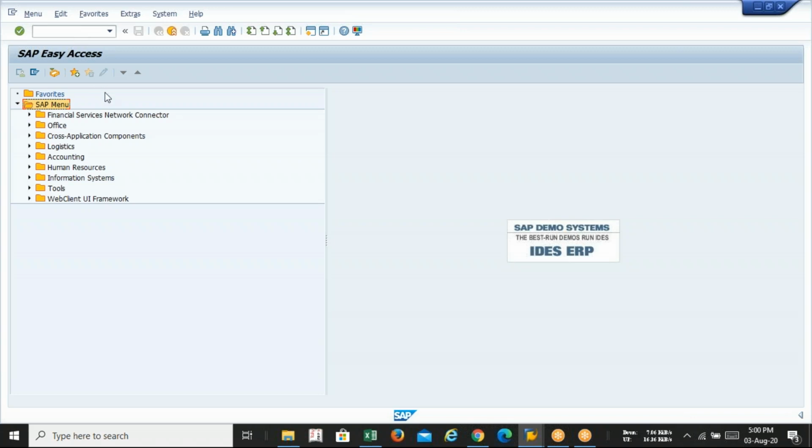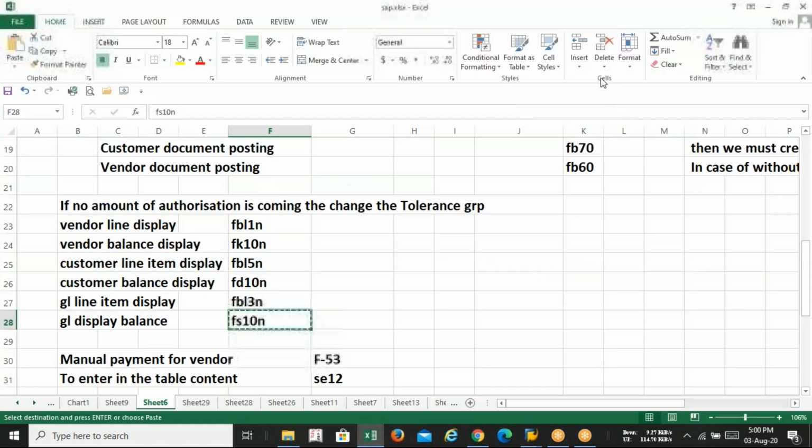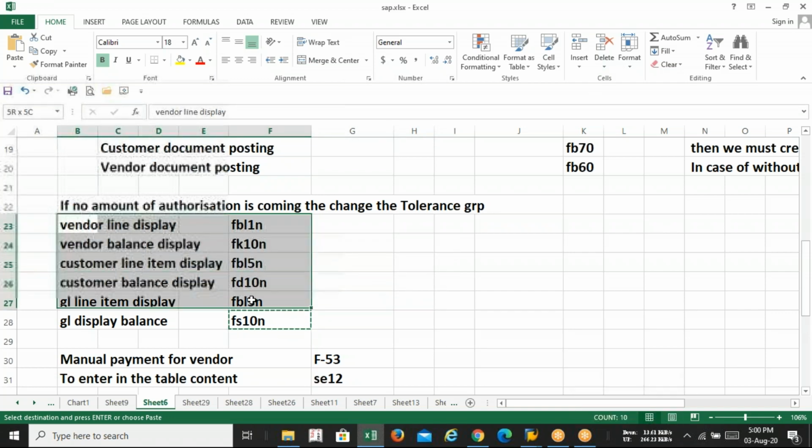That's why I created two separate GLs, HDFC incoming and HDFC outgoing. I think it is clear to all of you how to check the balance. Please make a note of this T code. Is it clear to all of us? Yes, no?